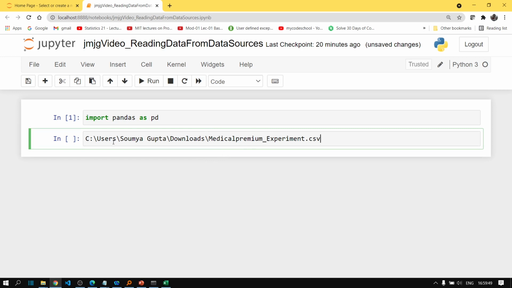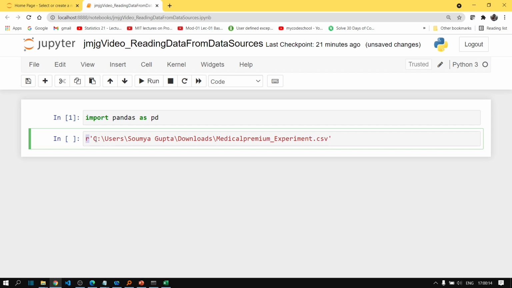So this is the complete file path. Now while specifying a file path as a string in Python, we have to use it as a raw string. We enclose the string as usual in single quotes, and we start the string with an r. It can be a capital R or small r.